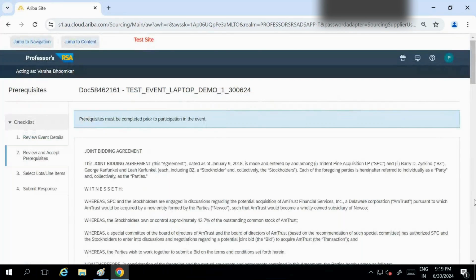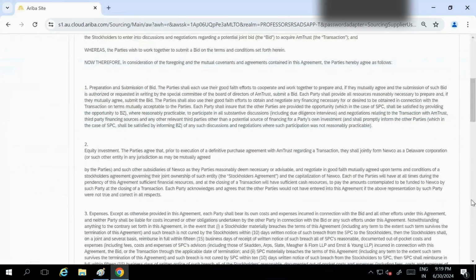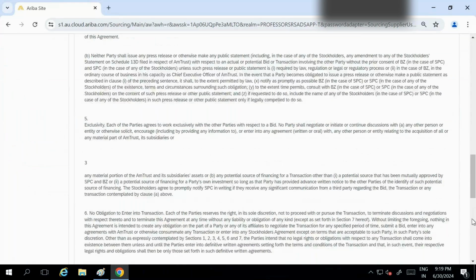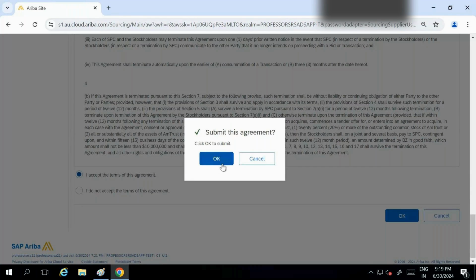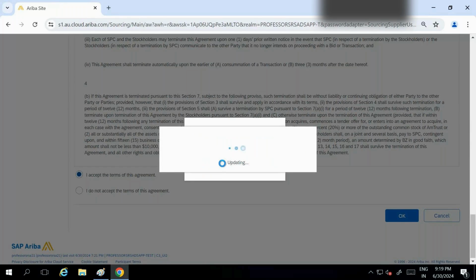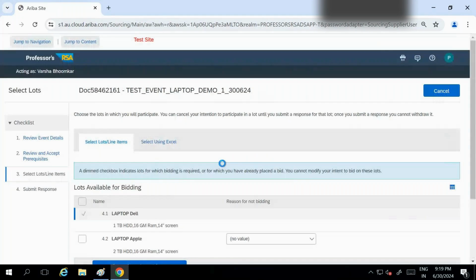You just go and select the bidder agreement. If you see, this is the bidder agreement, by default Ariba will provide it, but we can also modify it as per our terms and conditions. Click on OK, submit the agreement. Now what will happen, I have selected the bid agreement for one supplier, correct? You can go and check the suppliers. Now if I go to the system and check this supplier, it should show this supplier has accepted the agreement, but has not yet selected the lot and is not intent to bid. I'll show you.